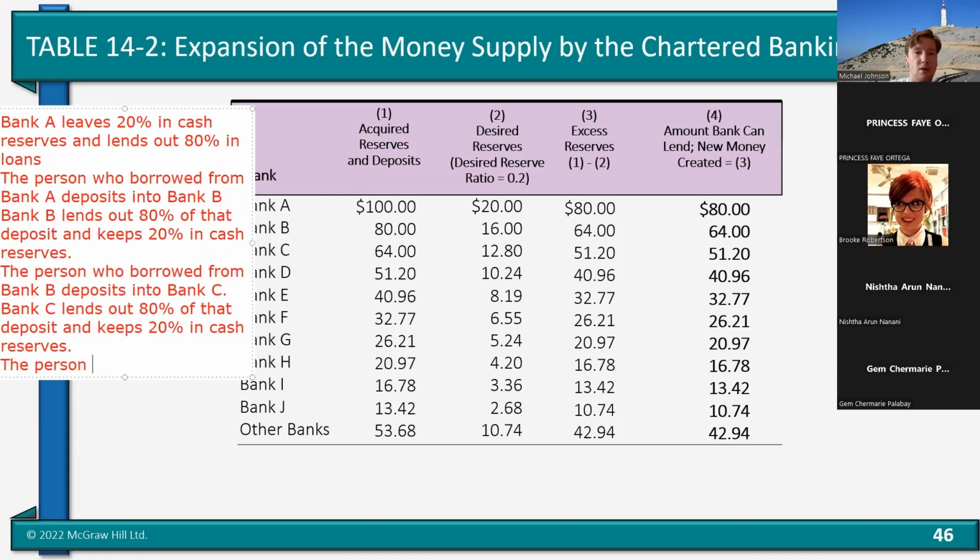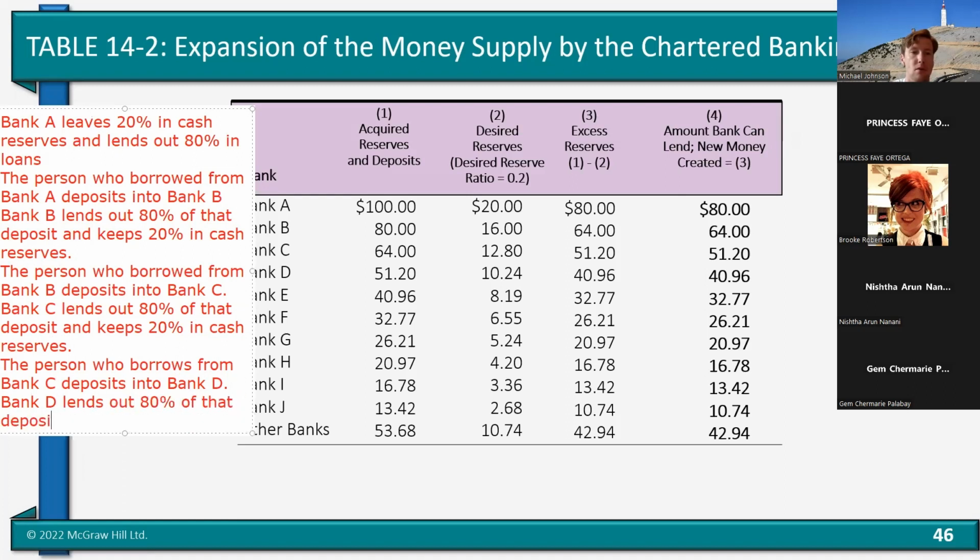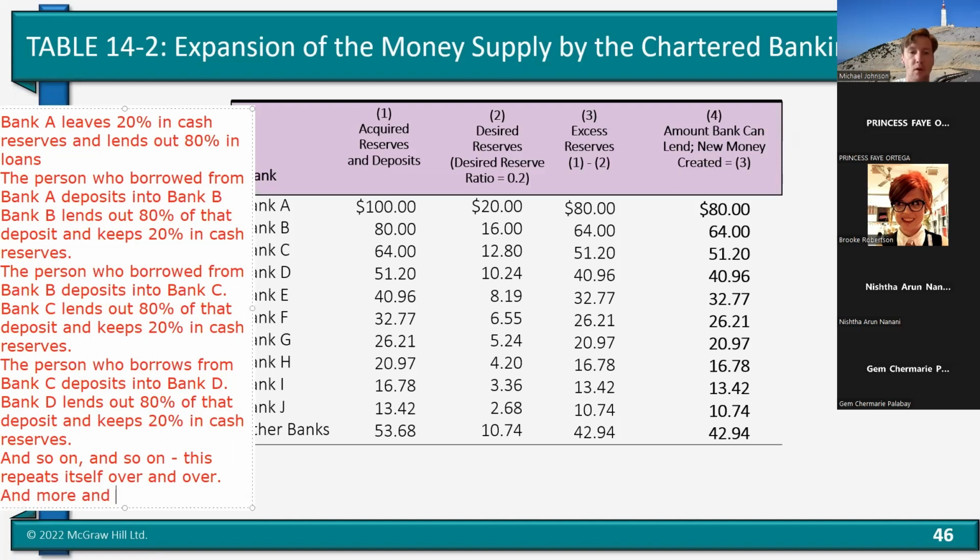The person who borrows from bank C deposits into bank D. Bank D lends out 80% of that deposit and keeps 20% in cash reserves. And so on and so on. This repeats itself over and over, and more money is created